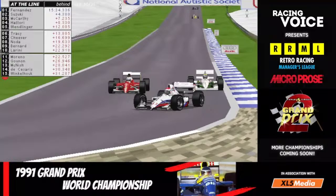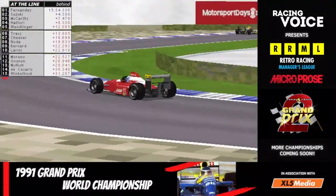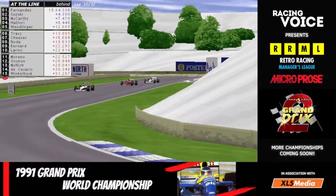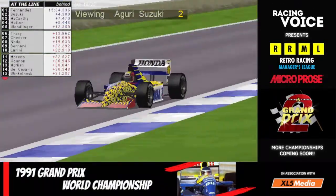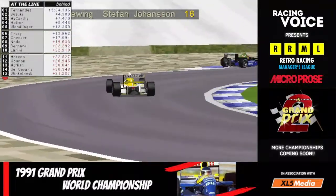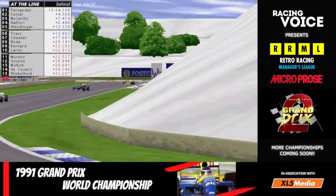Nicola Larini diving up the inside line. Oh, very nicely handled. Larini made Moreno look like he was standing still in the braking zone. Very nicely done. As now Larini chases down Eric Bernard. We watch Aguri Suzuki working his way through the chicane, and that is the Renault